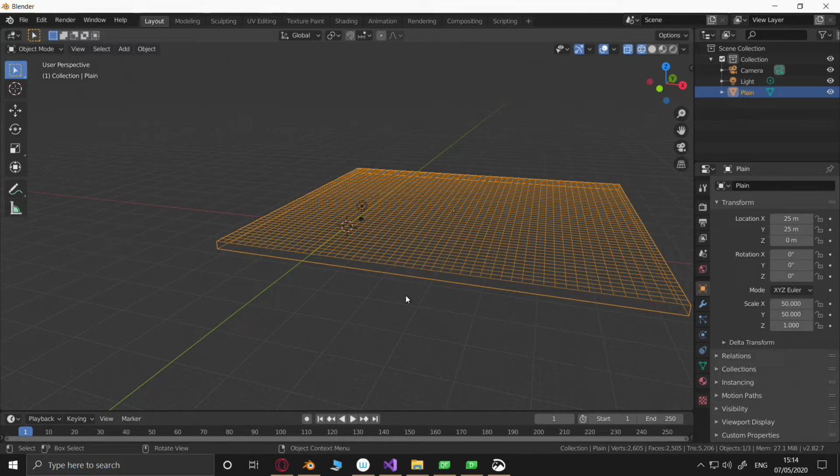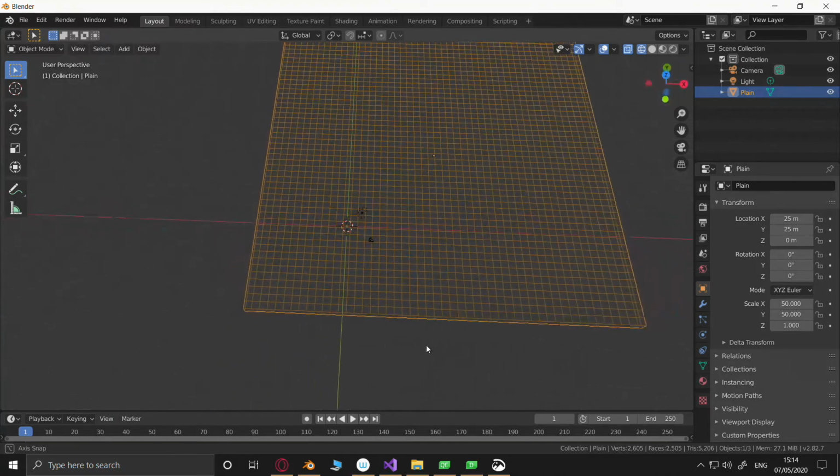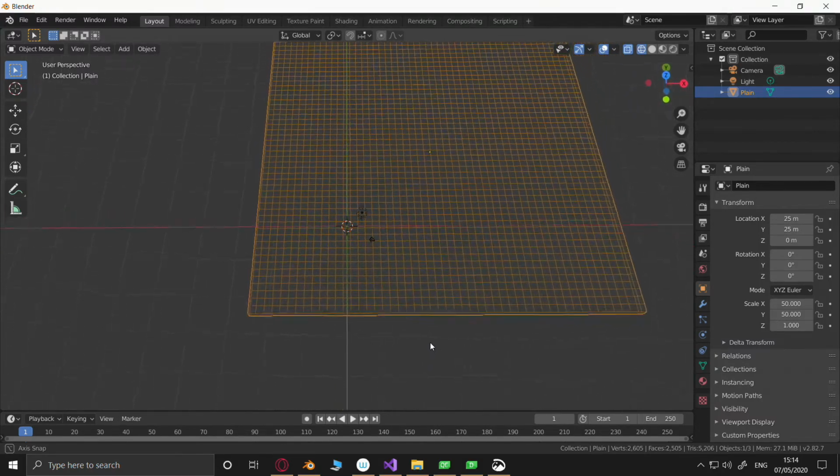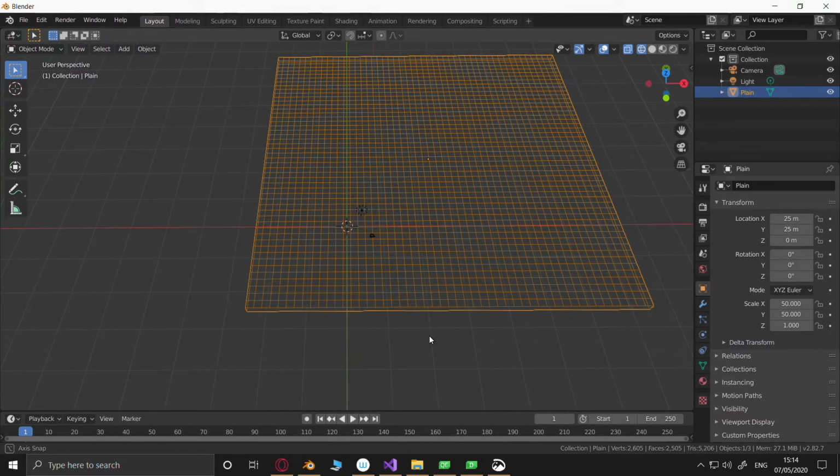Escape. Okay. I seem to have my calculations slightly out for some reason. 50, 51, 25, 25, 0. Ten, 11, 12 and a half. Why are we 12 and a half out?